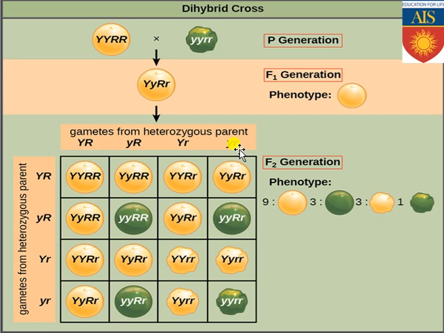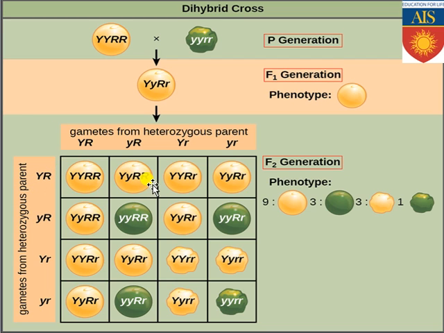And now the point is, he has performed the same process that he did for the monohybrid cross. He has performed self crossing, or selfing. He has taken another individual with the same heterozygous genotype, capital Y, small y, capital R, small r, and now he has crossed them. One individual of the F1 we need to consider as a female. So that female will be producing the gametes capital Y capital R, capital Y small r, small y capital R, and small y small r. These four gametes will be produced by the female, as well as these four gametes will be produced by the male. Okay. Now these specific gametes are fusing with each other.